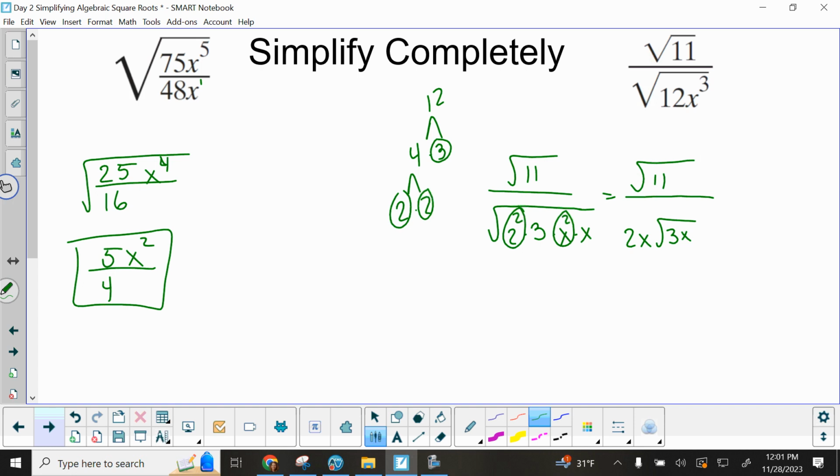And now I'm not allowed to have radicals in the denominator. So in order to rationalize the denominator, I'm going to multiply by that radical. So radical 3x over radical 3x. Remember, this is just a fancy version of 1 because anything divided by itself is 1. So now I have